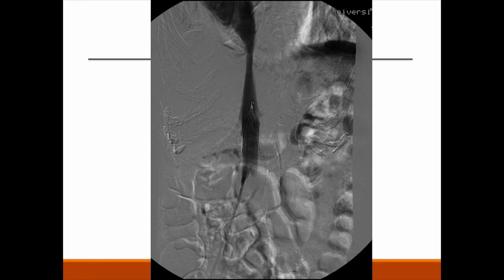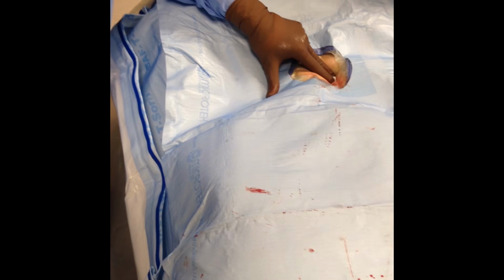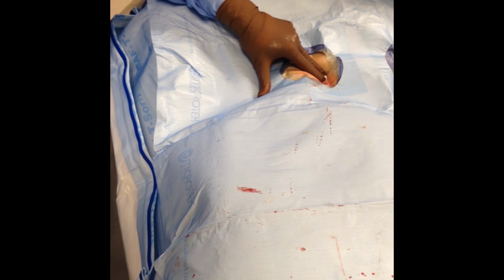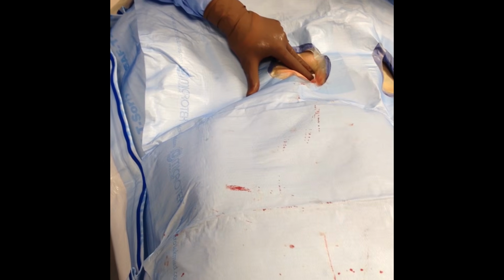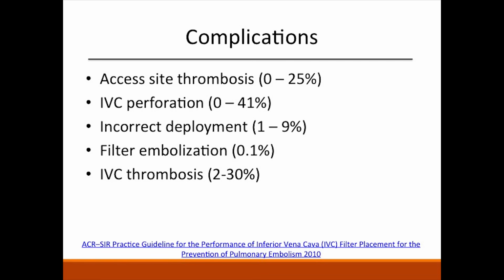Appropriate positioning and deployment were confirmed using this post-deployment vena cavagram. The long-length IVC filter sheath was removed from the right common femoral vein, and hemostasis was obtained using manual compression. Following the procedure, we need to be aware of the potential complications. The range of the occurrences of these complications is provided in the parentheses. These include access site thrombosis, IVC perforation, when the struts penetrate the caval wall, which can make the filter irretrievable,